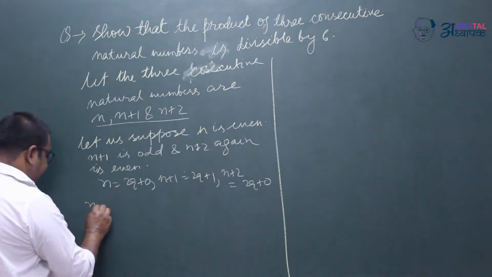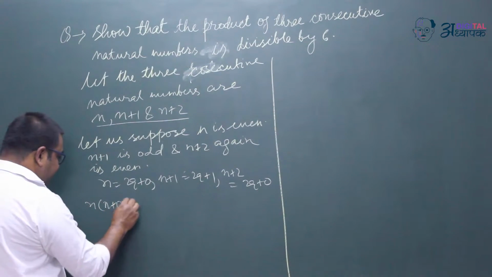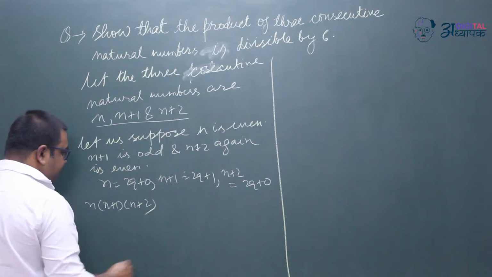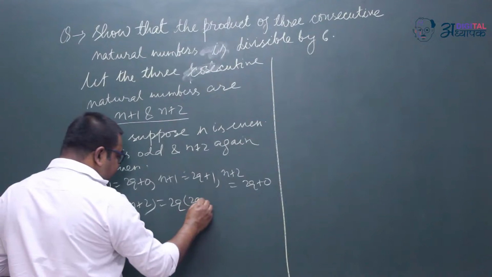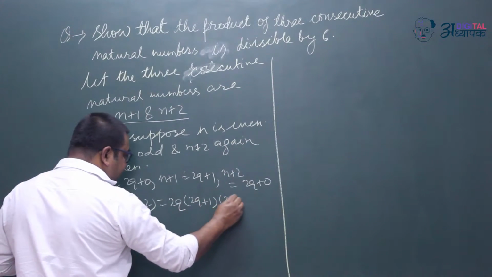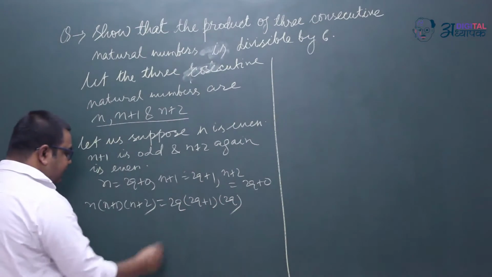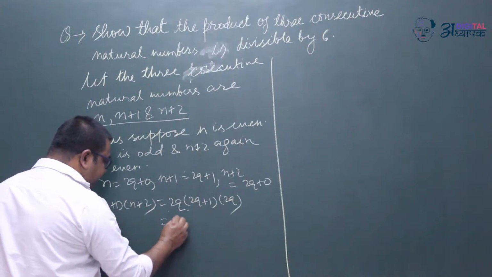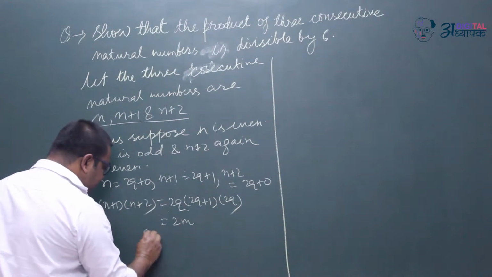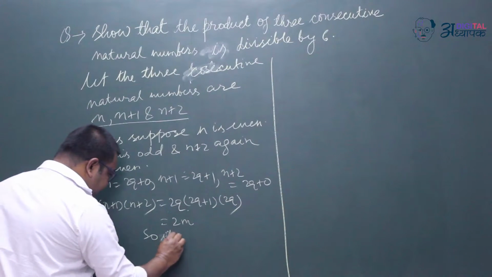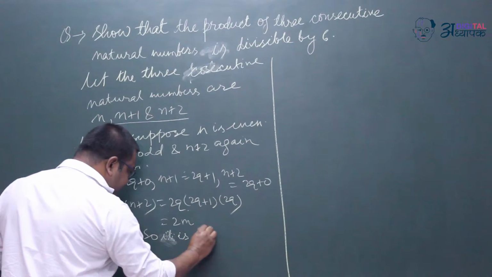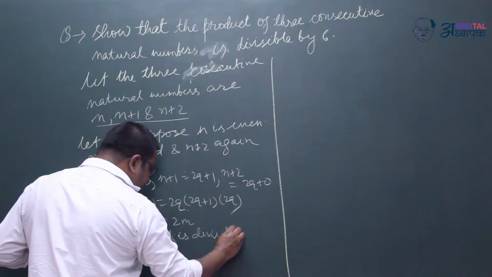So if we multiply n into n plus 1 into n plus 2, the product will be equal to 2q into 2q plus 1 and again into 2q. So definitely this number is in the form 2m, so it is divisible by